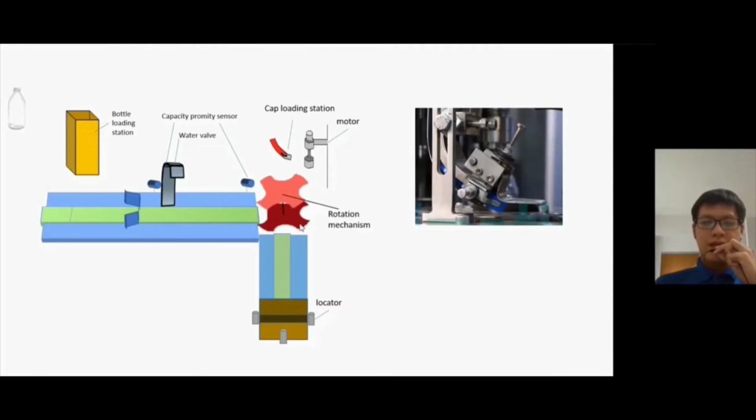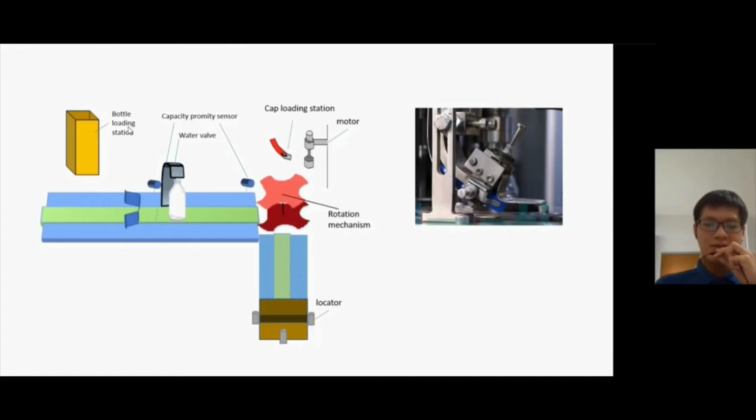My name is Liu Hoshan, and now I will present about the new instrumentation device. In this new instrumentation device, we have added a brand new bottle loading station. This bottle loading station allows us to load 1 to 5 bottles into it, and the bottles will drop automatically to the conveyor belt. After that, the conveyor belt will move the bottle until the bottle is sensed by the